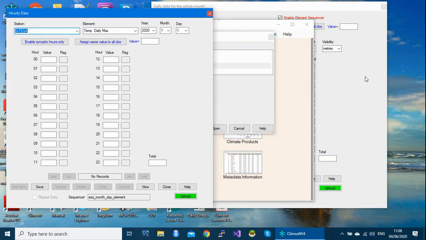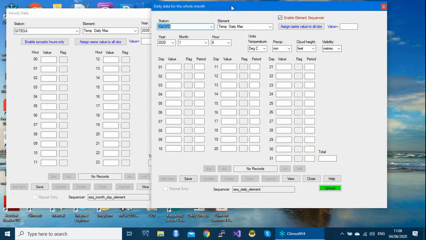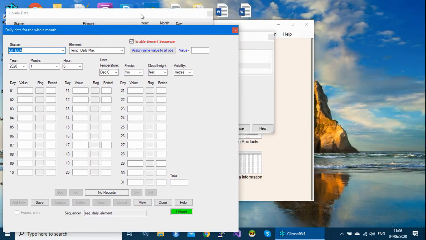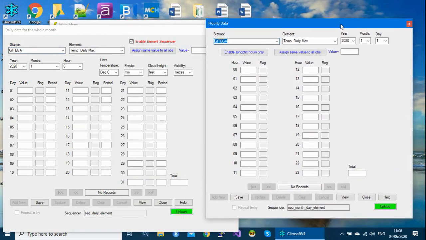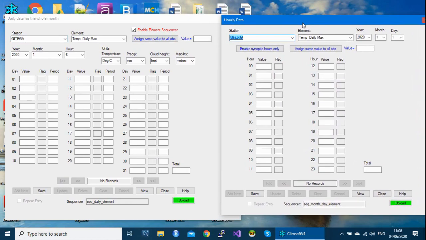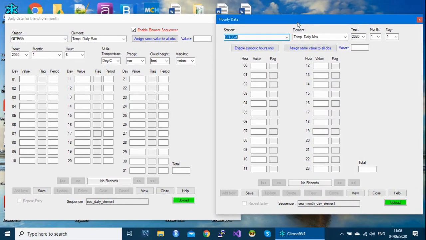So here we have two forms: form daily 2 and hourly data. This one is for daily data for the whole month, and this one is for entering hourly data.